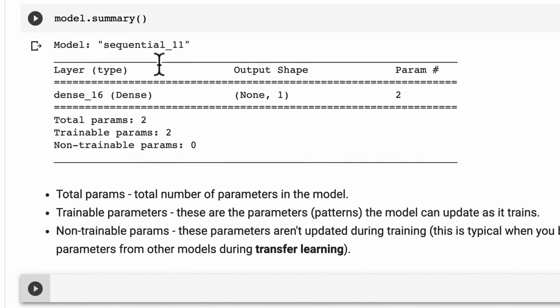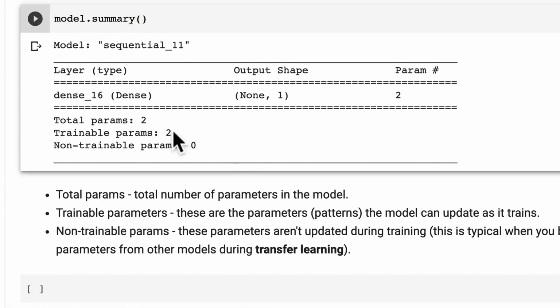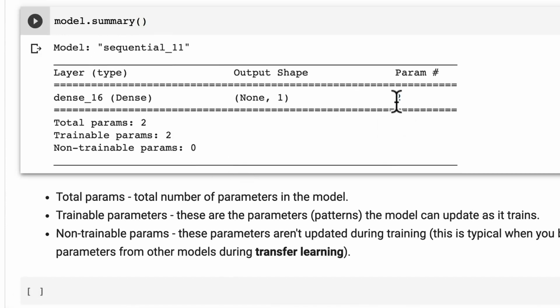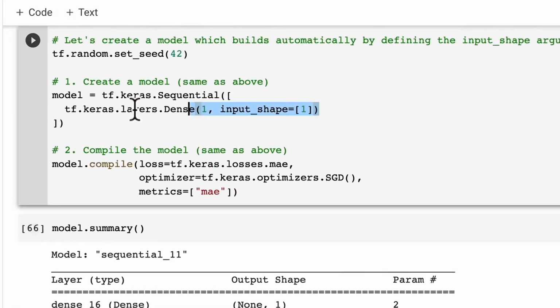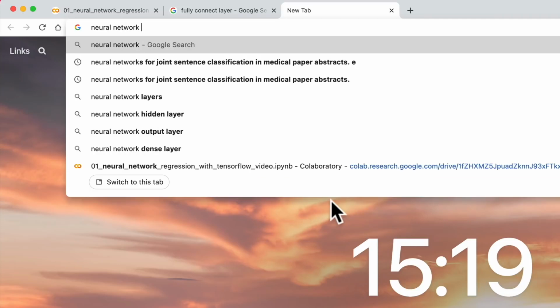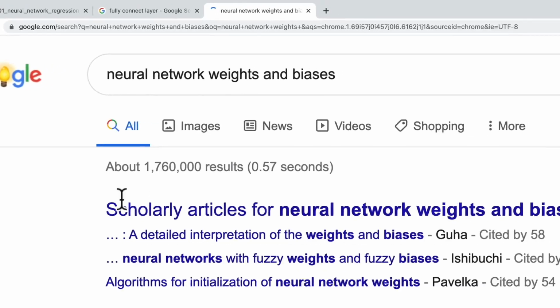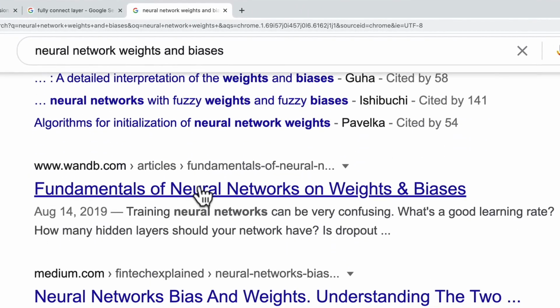So this is a little bit of an overview of what you get from calling .summary. Now, if you want to have a look at what the actual parameters are in a dense layer, you're going to probably find something called a weights matrix and a bias vector. So if we go here, neural network, weights, and biases. Here we go. Fundamentals of neural networks on weights and biases. So if we look at this,